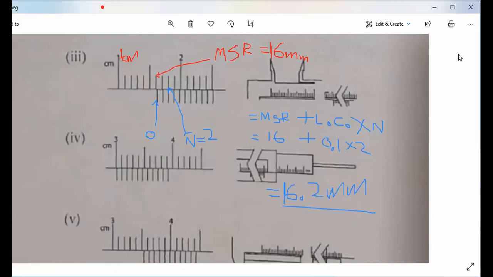Okay. Third figure shows the measurement of internal jaws, but the instrument has a positive 0 error. So therefore, we must subtract the positive 0 error from the reading. Leave a line and write, therefore, the real internal diameter